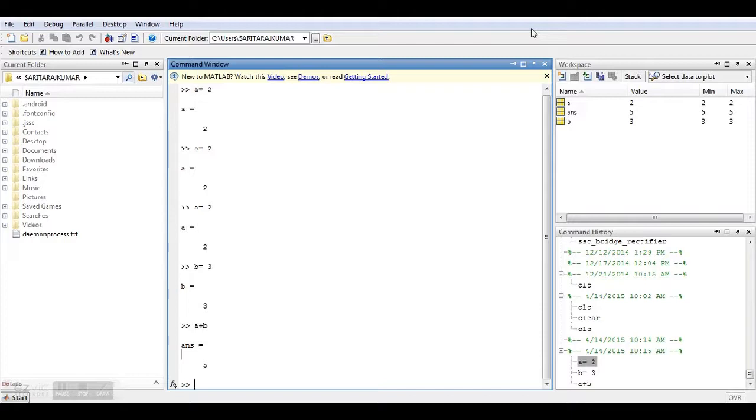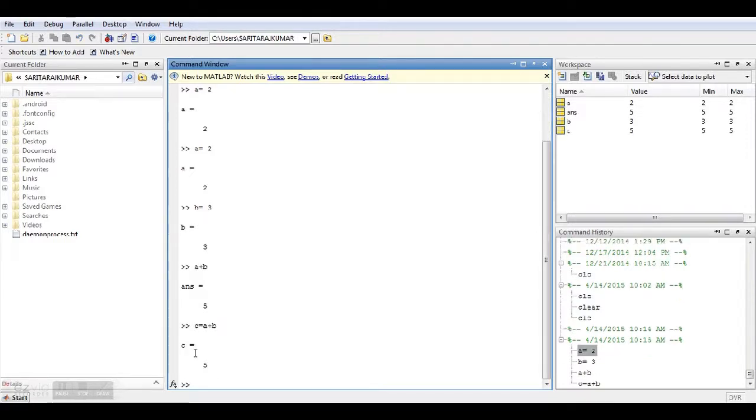So ans is an inbuilt variable which will be used for displaying the answers. See here, I am not creating any variable to store my answer. So MATLAB on its own was creating a variable named ans. If I want to store my answer in some other variable, I will just give another variable as c is equal to a plus b, and if I press enter, now see it was showing c is equal to 5,